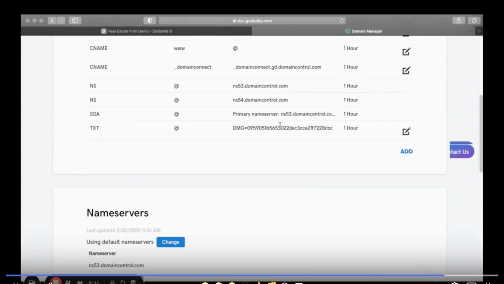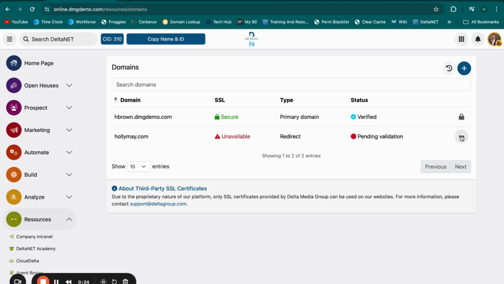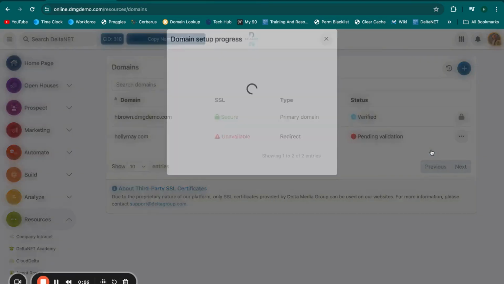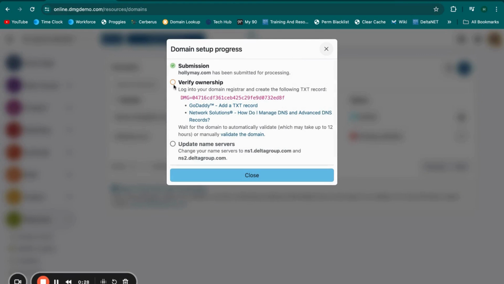Once that TXT record has been added, it's now telling GoDaddy and the DeltaNet that they can communicate between each other to utilize that domain for your website. Now that you've added that new TXT record, you're going to come back here into the DeltaNet and take a look at the second bubble here. You'll see that it probably won't be green yet. It can take an hour and maybe even up to 12 hours for the two to communicate and for that ownership to be verified. So once this has turned green, then you're going to move on to this next step here,